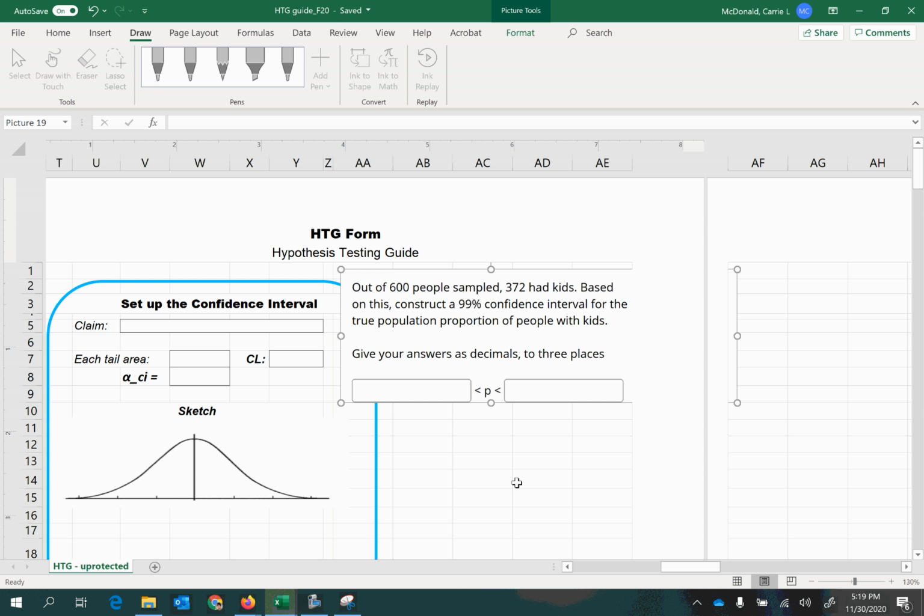We have a population. It's much larger than the 600 people that were sampled. So some huge population, it doesn't say what population, but maybe we could assume it's in the US. And so we know it's very difficult to survey the entire country. In fact, we do this census every so many years, and that's a really costly endeavor.